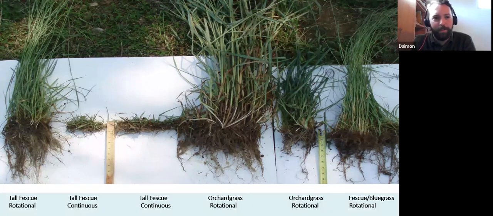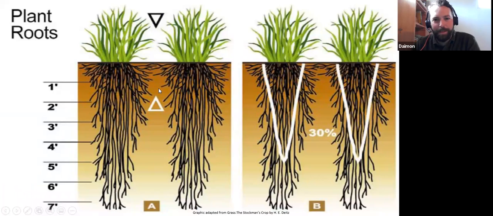I think the next slide has a 7-foot rooting depth, and I don't think there are many soils in New England where we would reach that depth. So this is a nice picture of what rooting depth we could expect in most soils in New England. So Carl, if you don't mind moving to the next slide. Thank you. Here's that 7-foot rooting depth that we're not often going to see, but it does show